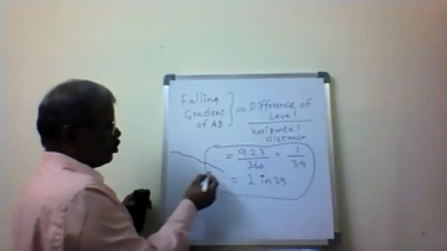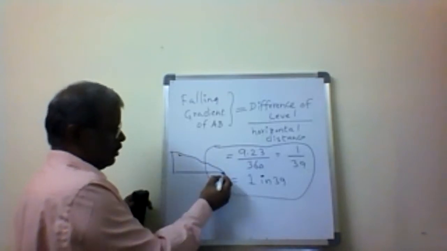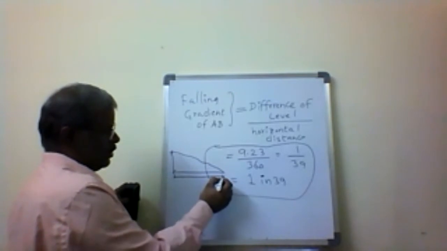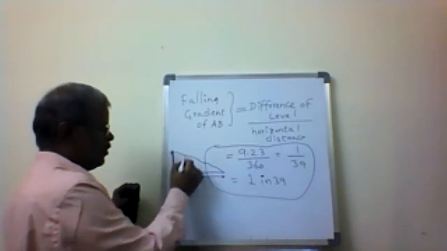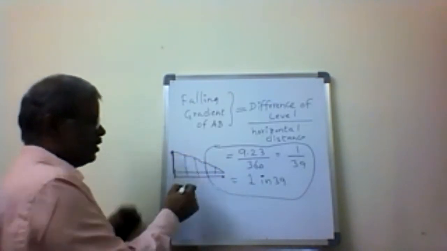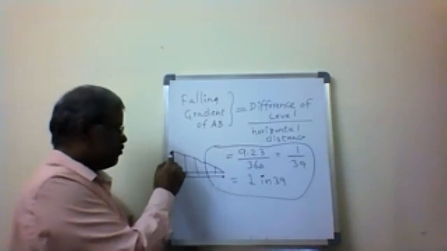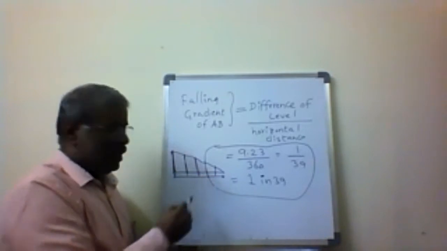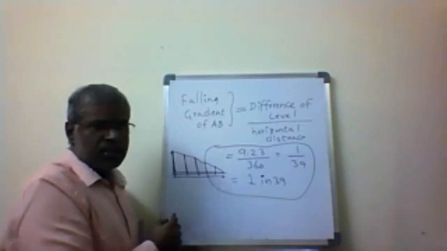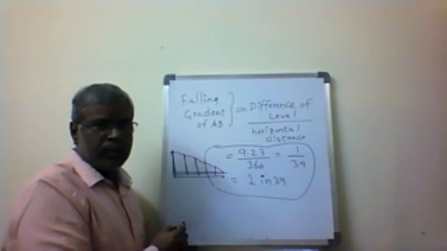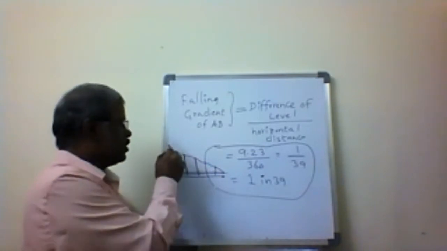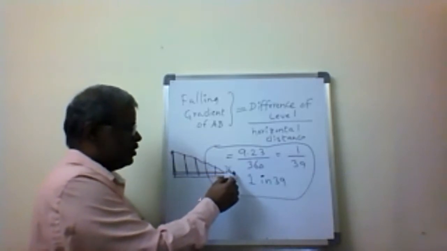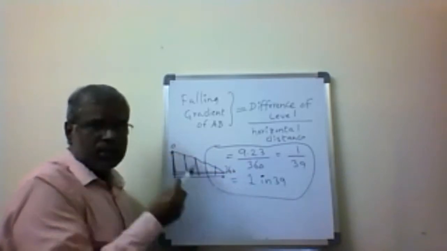So this is the sloping ground. This is the vertical distance and this is the horizontal distance. These are the elevations of the points. The chainage is going to be given. The horizontal distance is the chainage from A to B. It started with a 30-meter interval, up to 360 meters. So 0 to 360 is the distance.